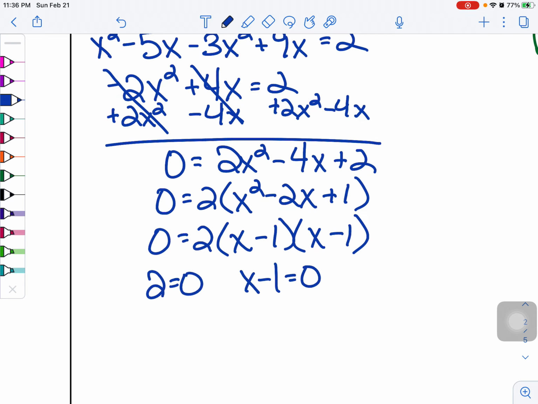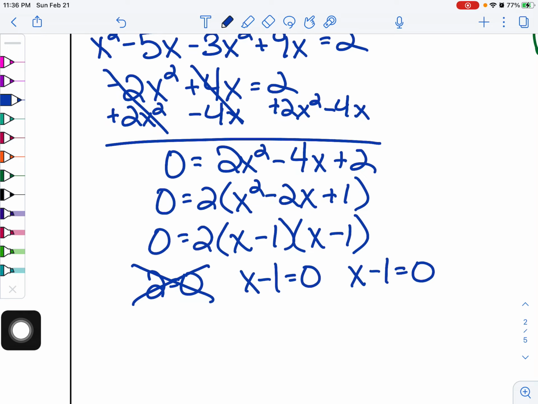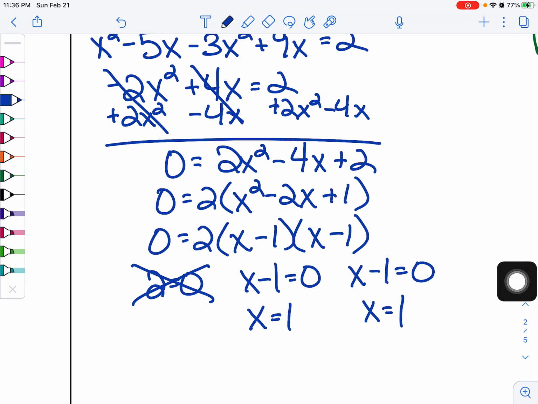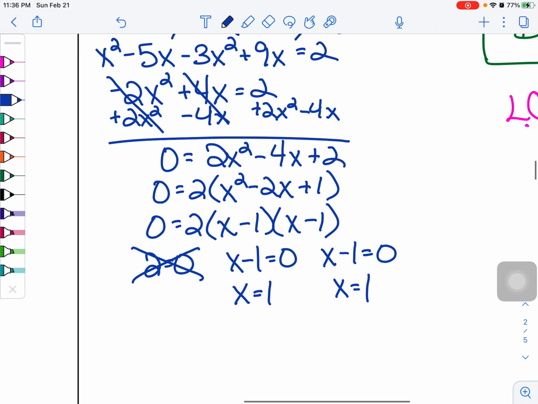Now that I've got it in factored form, I'm going to set each factor equal to 0, even if it seems a little ridiculous. And yes, 2 equaling 0 is ridiculous, so no, that's not going to give me a valid answer. And I might also recognize that writing this equation, x minus 1 equals 0, twice is a little ridiculous too. Because when I solve this, I'm going to get the same answer for both, which is x is equal to